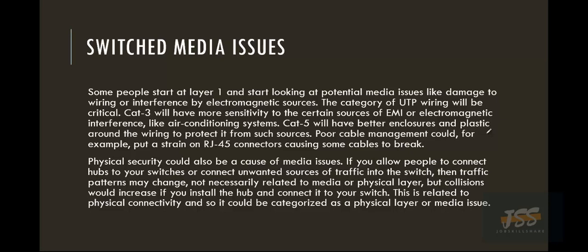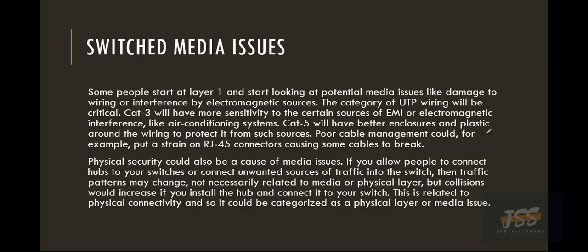Poor cabling management can also be a very important issue in your network. So you need to ensure that you have proper cables inserted in your network. Physical security is also a very big problem. If you allow more people to connect to your switches, or unwanted traffic is passed through your switches, the traffic pattern may change.